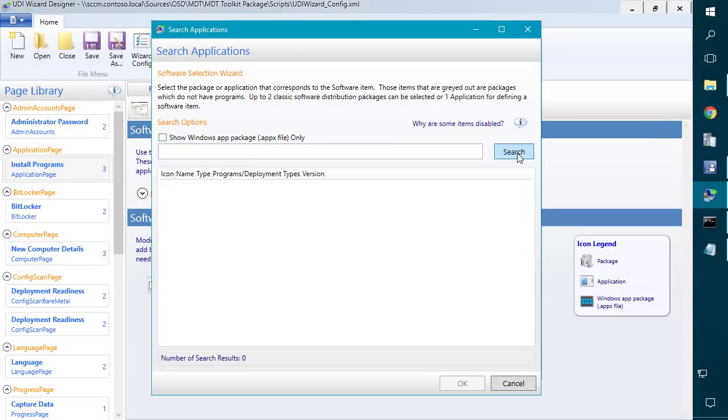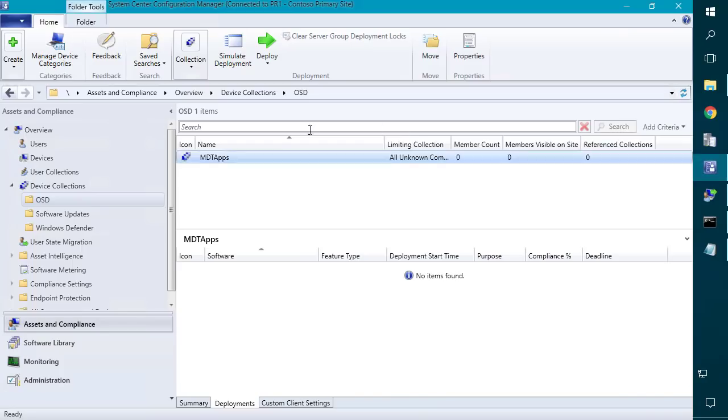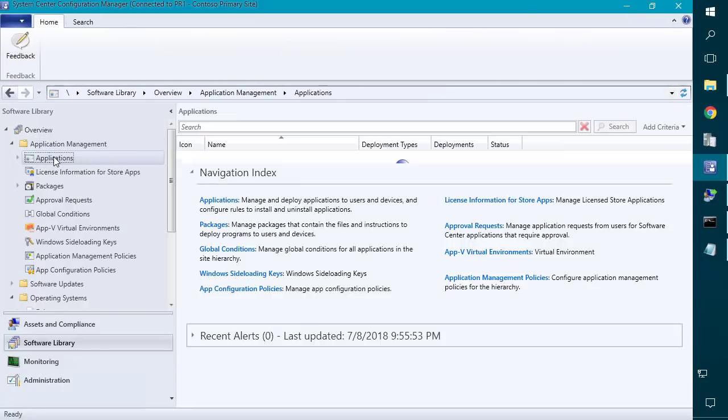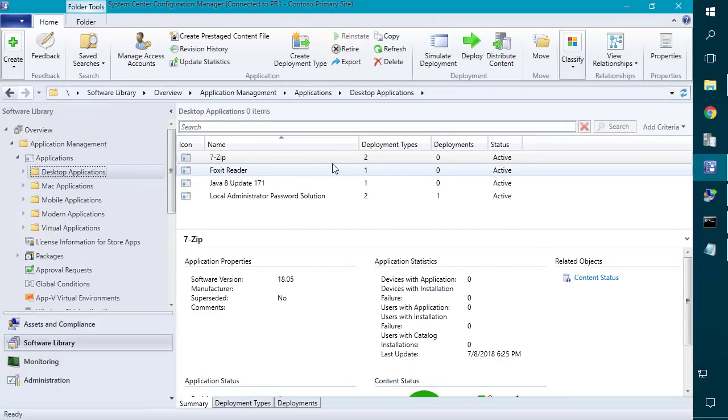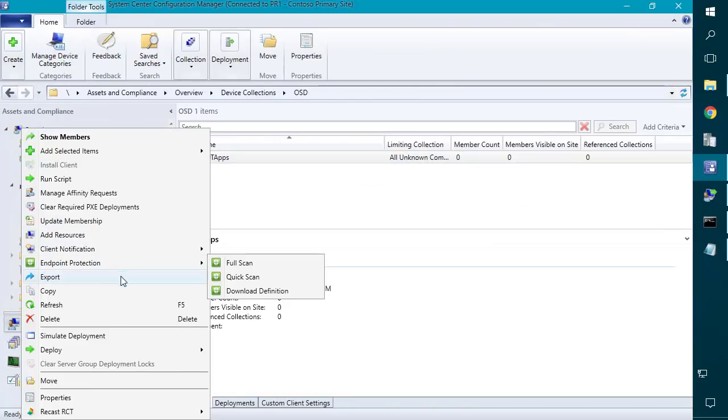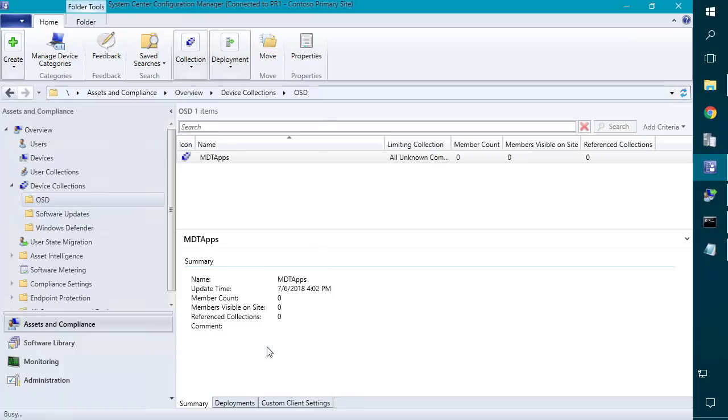I think that's enabled by default. But what we can see here, even though I have applications showing up in my applications within SCCM, they're not showing up in the UDI Wizard because we have to target them to that collection. So for example, if we were to click that collection, choose Deploy Application,